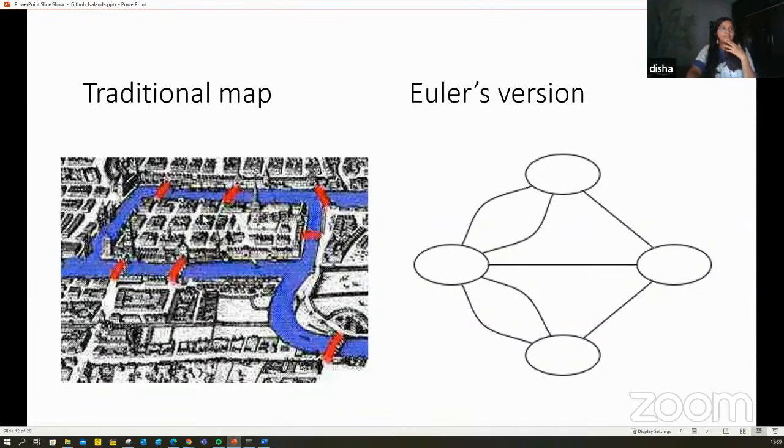Now, the actual picture of the city where the bridges exist was simplified by Euler into this kind of graph, where the circles are called nodes, which are the places, the landmasses, and the 7 edges are the bridges connecting these landmasses. That's how he envisioned the graph, and the proof of it is a different part. That's not where I'm taking you today.